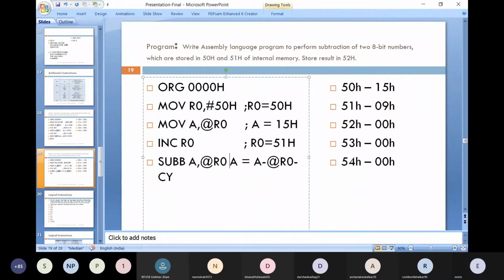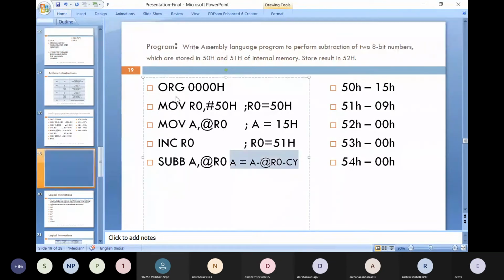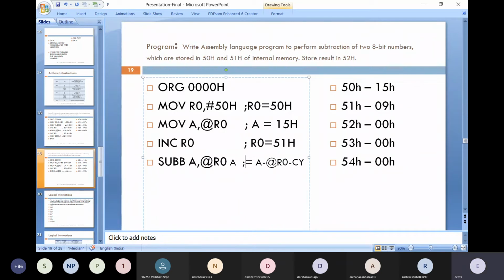This will be your comment: A equal to A minus @R0 minus carry.